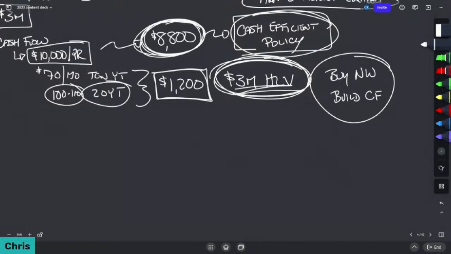Sometimes if you have front loads of policy, you can utilize your policies to pay off the debt faster and all these different things. But at the end of the day, what I do believe is that you should be able to at least start with the $1,200 a month. Now, what you do with this $8,800, it may go into a policy. It may go into paying down debt faster.